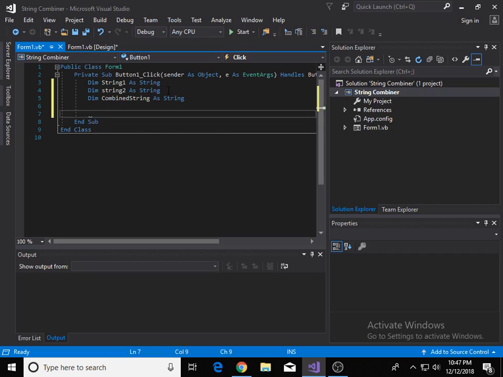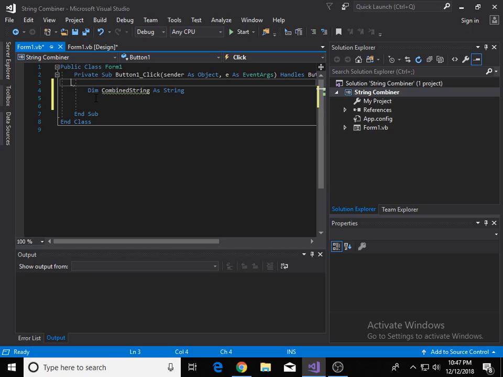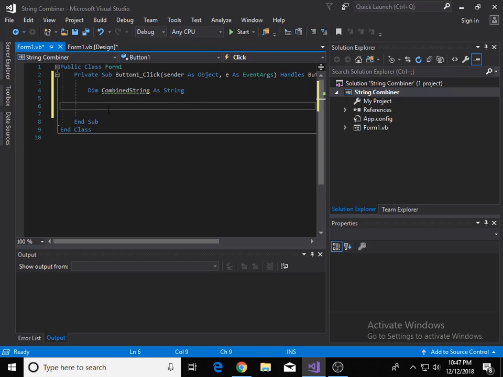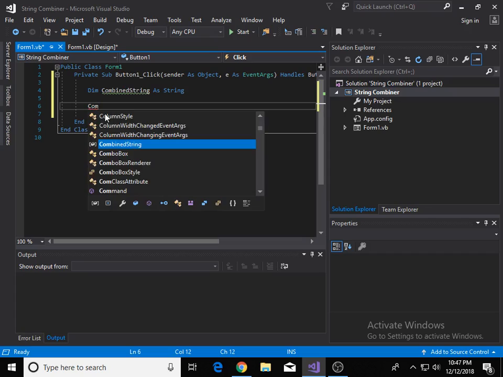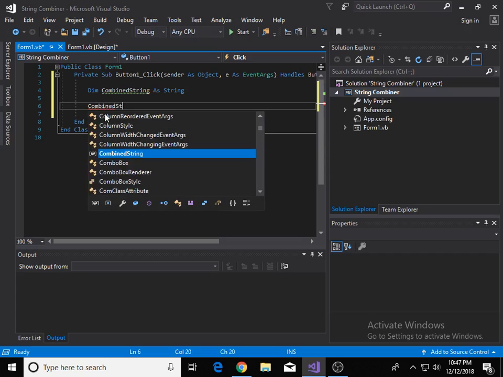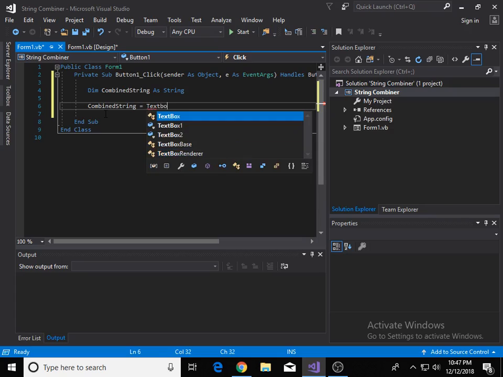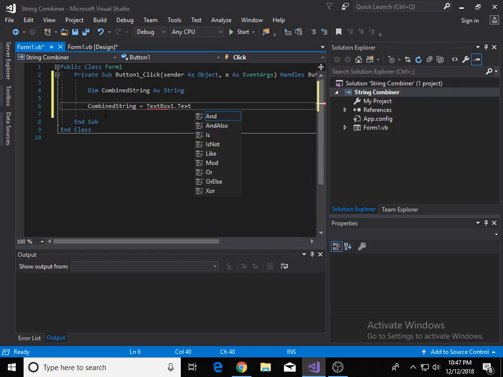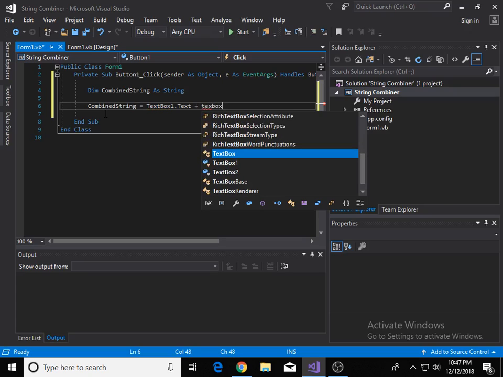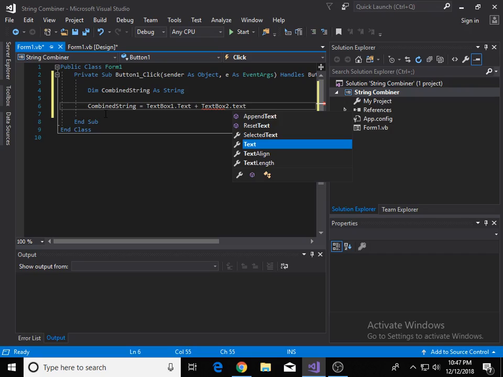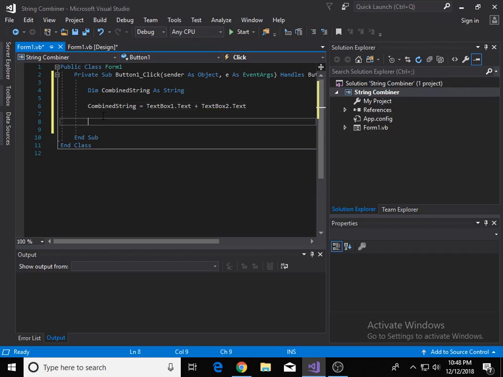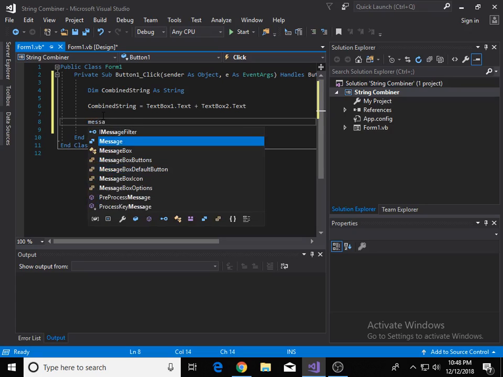Maybe I can't use them as variables. Maybe that is a bad idea. Maybe if I was using numbers, I could get away with that, but for the purpose of this, maybe not. Maybe that's for the best. So we'll just have combined string equals text box 1 dot text plus text box 2 dot text, and then we can just have a message